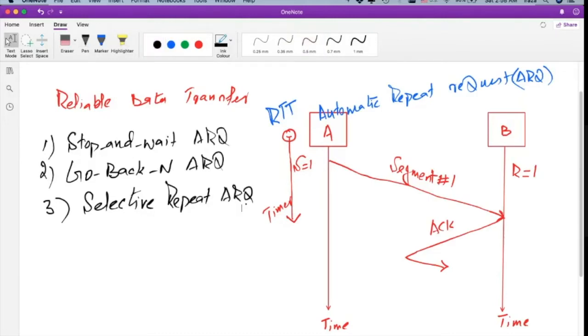After discussing these reliable data transfer protocols, we'll be in a position to talk about the reliable data transfer of TCP, and we'll see whether TCP is closer to go back N, selective repeat, or stop and wait, or is a hybrid of some of these protocols. So let's talk about stop and wait first. In the stop and wait